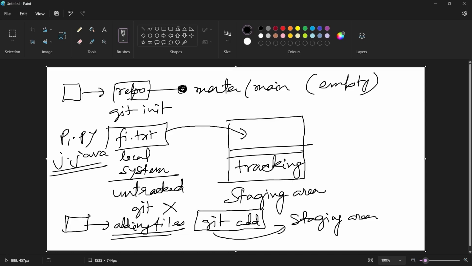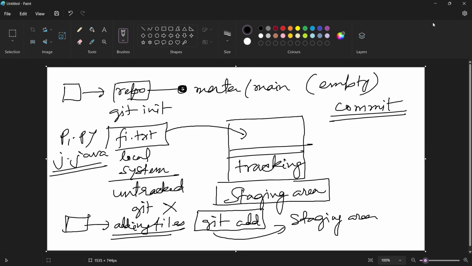Okay? Got it? Now after that, this means that actually we are very happy with whatever we have done, all the changes that we have made. Now we have added them to the staging area. After that, what is the next thing? The next thing is to commit our changes. Okay,